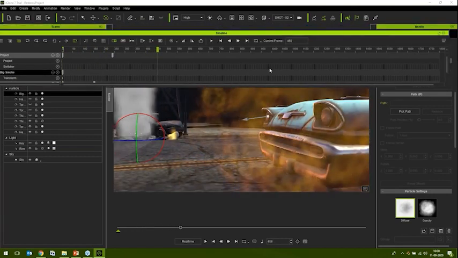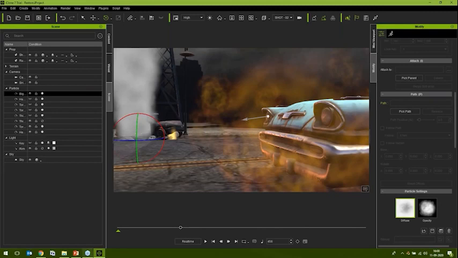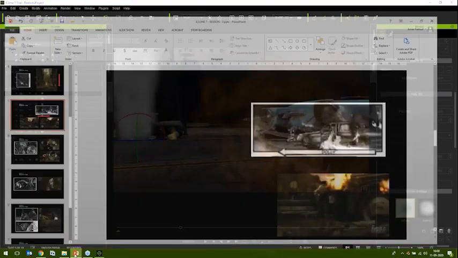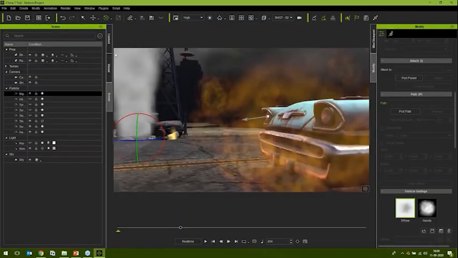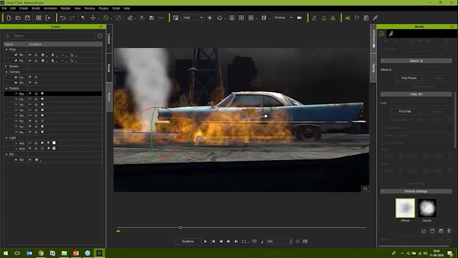And this is the shot. Then in this scene, the character is sitting beside the car. So again, preview and